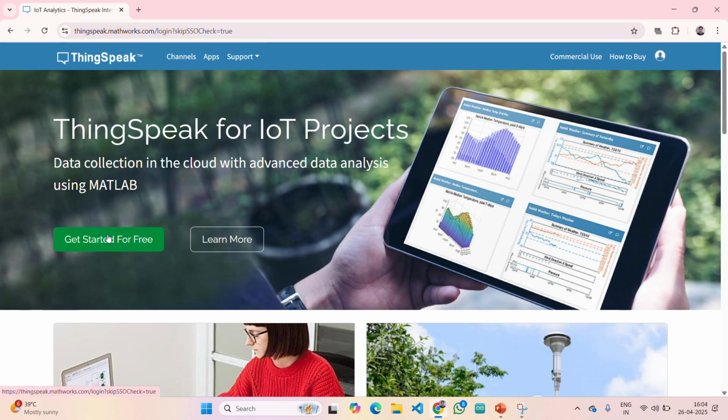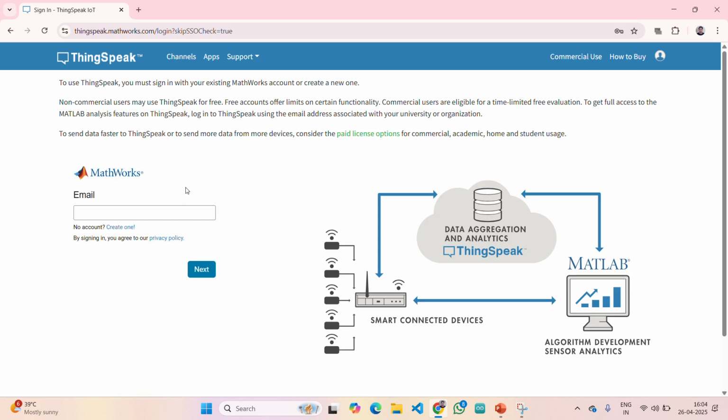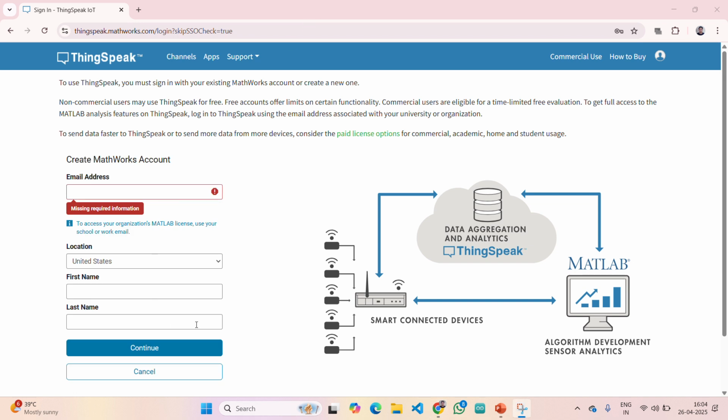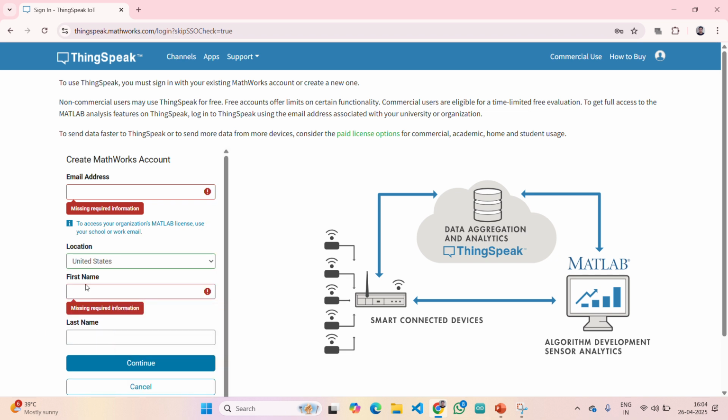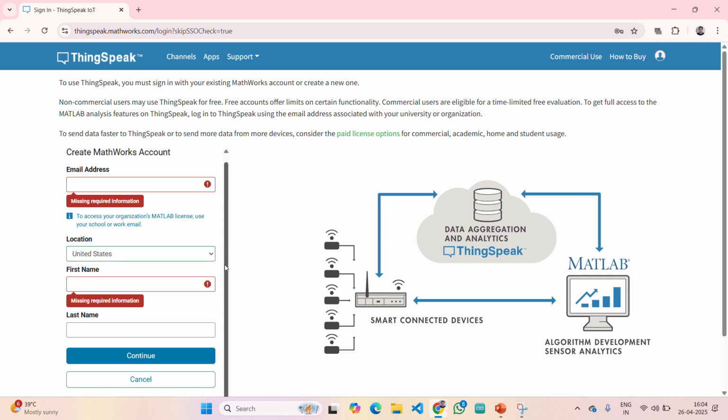Here you can click on get started for free, and if you have no account, you need to press create one. Just a second, it is loading. If you click on create one, you will get this. You need to give mail address, location, which you can select randomly, first name, last name, and continue. After that, it will ask for a few details.